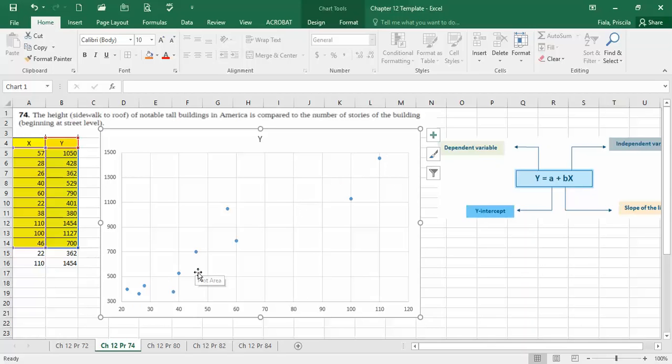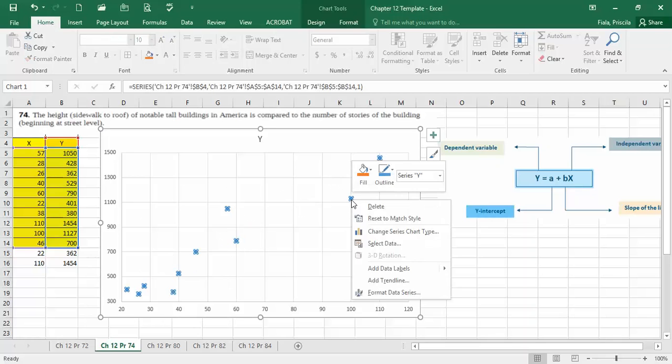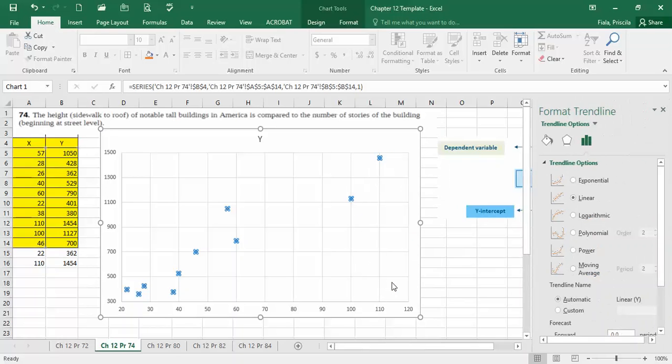How can you know what would be the line of best fit? Here's very simple. Let's just pay attention. Just click one of these and go right here. Do you see where it says add trend line? Click on add trend line. Here you go. It's already marked for a linear. It's showing me a linear